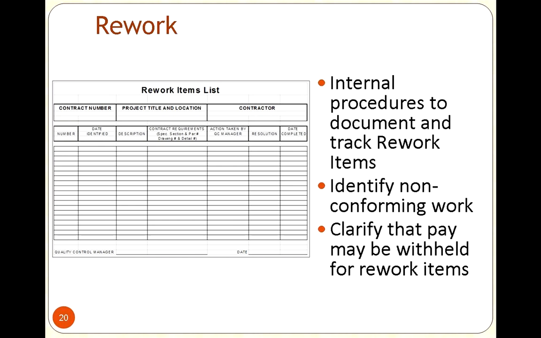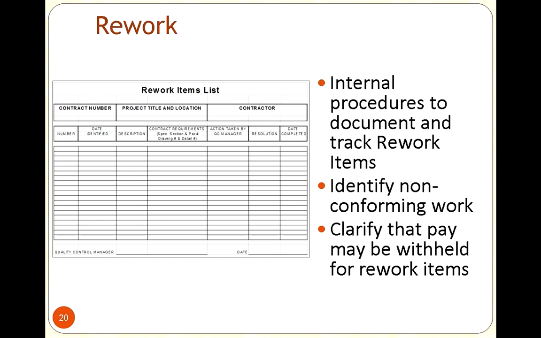Rework we alluded to earlier, we kept a log of that. So essentially, that case of the board up with the boxes, that was definitely a case of a rework. And we wanted to make sure that when the quality control manager had identified that he needed to stop the work, and that rework was approved to be done, that we said, you need to stay into the contract, then we would actually do that. We would keep it in a log along with the contract requirement that was being mentioned.